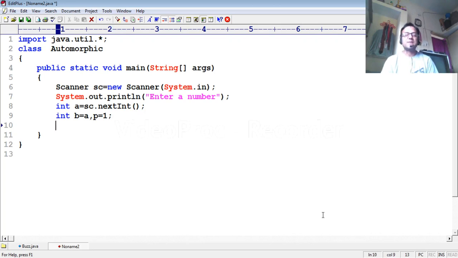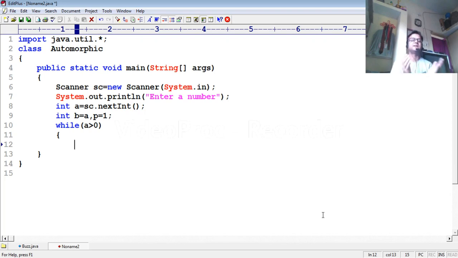And then I'm going to extract digits. You know, extraction is very easy using a while loop. So I'm going to use while a greater than 0. In general, programmers write d equal to a mod 10 in the digit extraction step. But here we only need to rotate the loop and multiply p to maintain 10, 100 and 1000 respectively, so no need to write d equal to a mod 10.